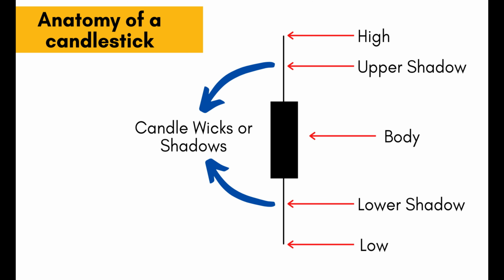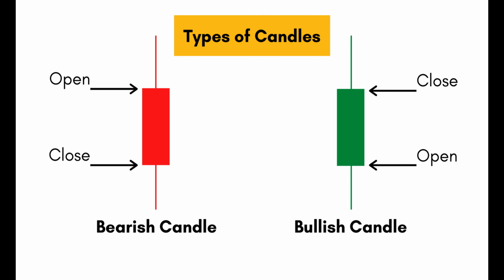The tip of the upper shadow is the high price point and the lower shadow connects the body to the lower price point. Now moving on to the types of candles, we have a bullish and a bearish candle. By bullish candle we mean that on the day this candle appeared, the share price closed higher than its opening price, indicating strong buying activity. While in the case of a bearish candle, the opening price was higher than the closing price and represents strong selling activity. In order to understand this better, let us take them up individually.